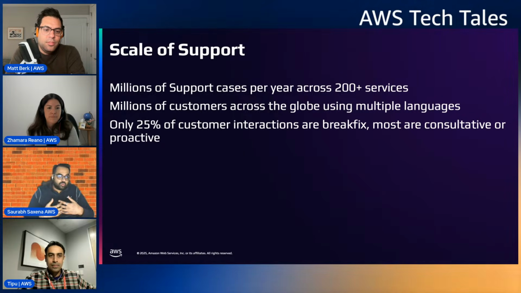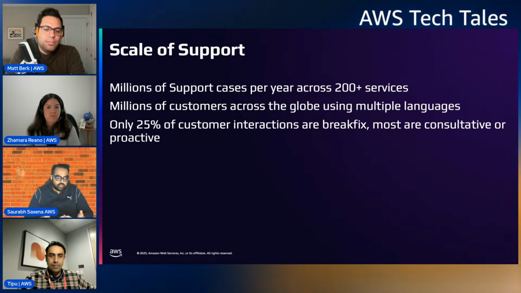Now, AI is not new to us. Amazon has been using it for decades. But with the advent of generative AI and how the innovation in that space has happened in and outside Amazon, we have been able to take advantage of it with both hands and deliver things for our customers. So I'll have Tipu go through some of these, and then I'll come back and talk specifically about how we have imagined our support plans.